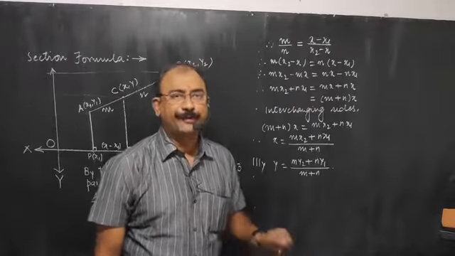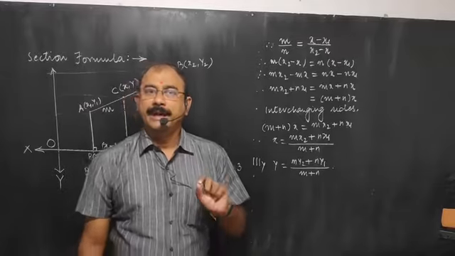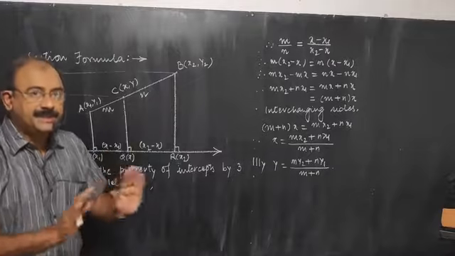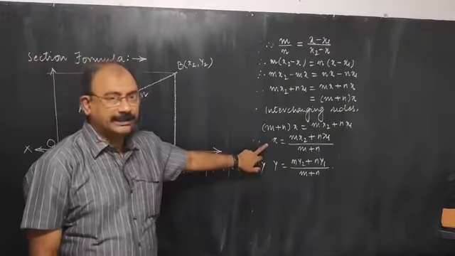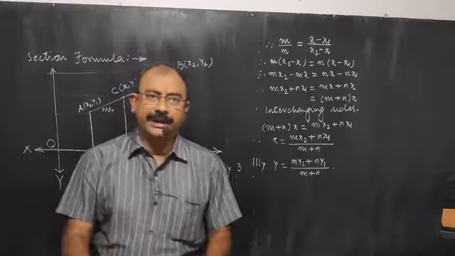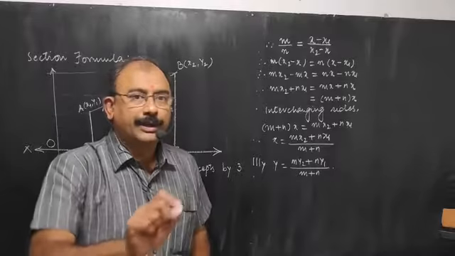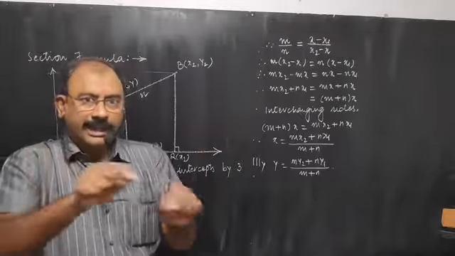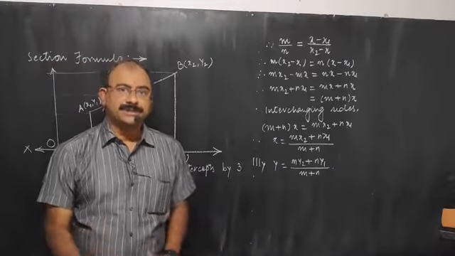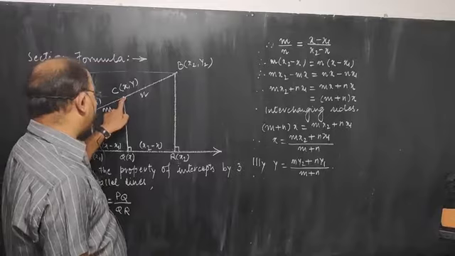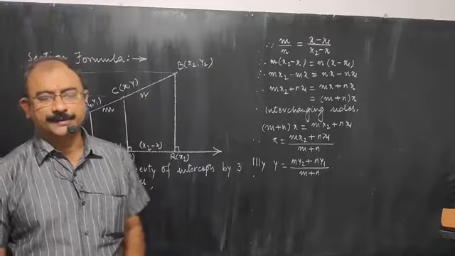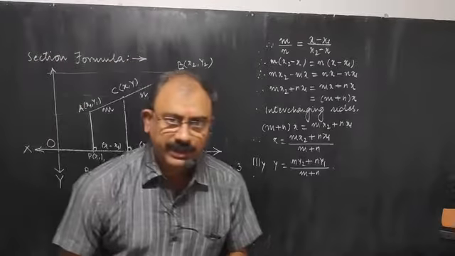So the section formula gives you the x and y coordinates of the point of division separately. Okay, x will be calculated separately. You can write x is equal to so and so, and y is equal to so and so, and then you can write therefore the point of division is, and then you calculate the coordinates and write the coordinates inside the bracket. So that is the application of this section formula. Okay, to find the point of division, when you are given the ratio of division and the end points of the segment. But this is a theoretical explanation.